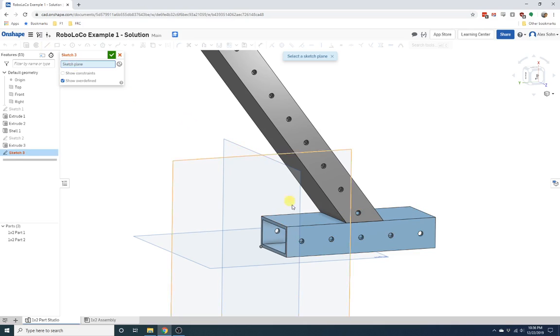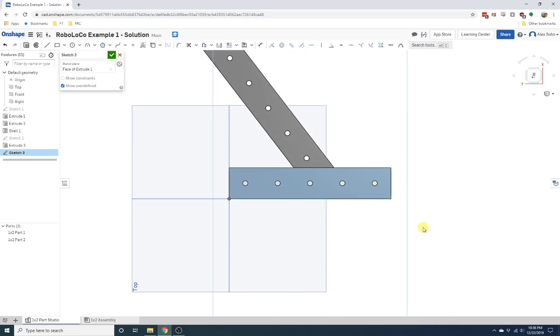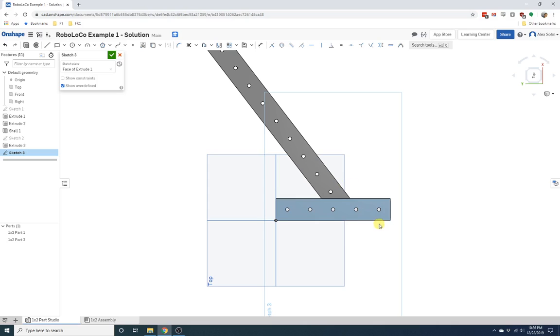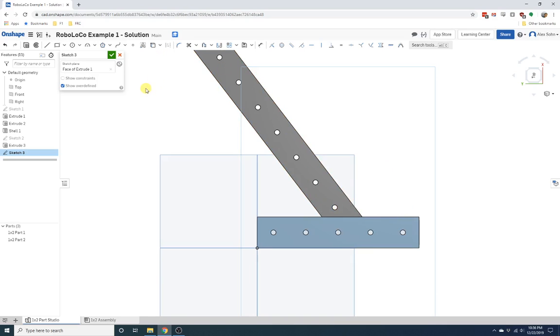So click sketch. We're going to click the surface here, and then we're going to click N. The hotkey N makes your view normal to the screen. So I think the first thing I'm going to do is basically trace out the bracket that I want. So I'm going to utilize